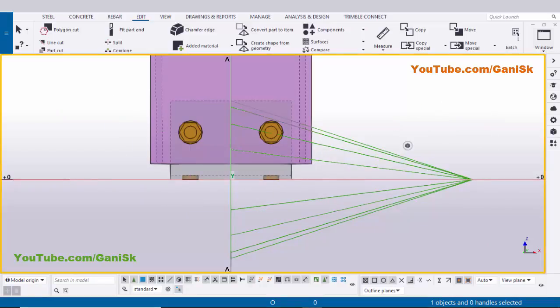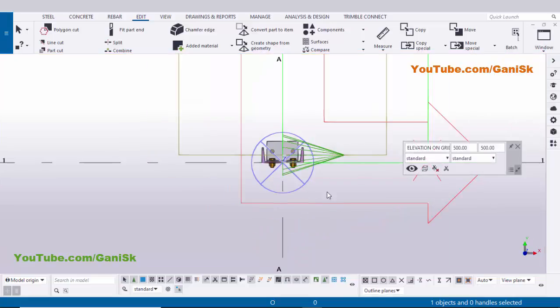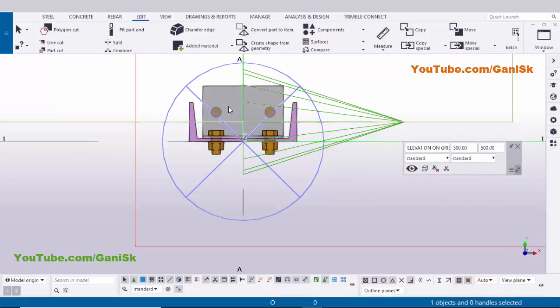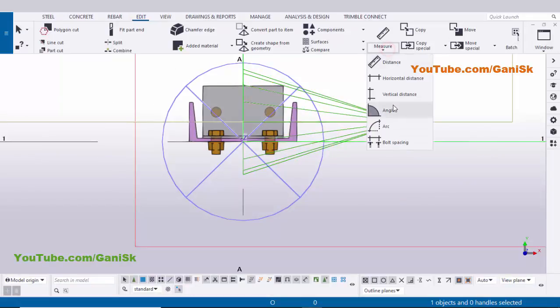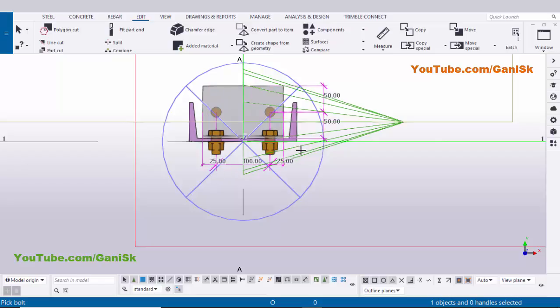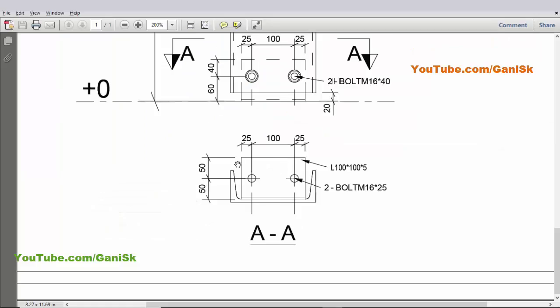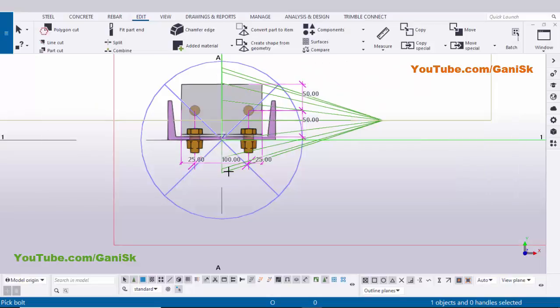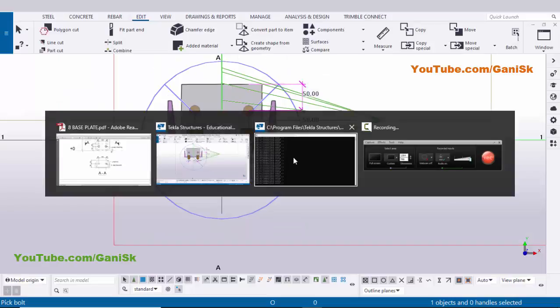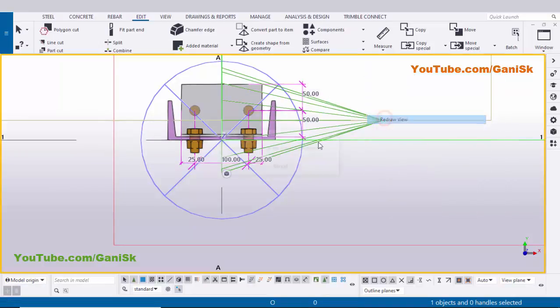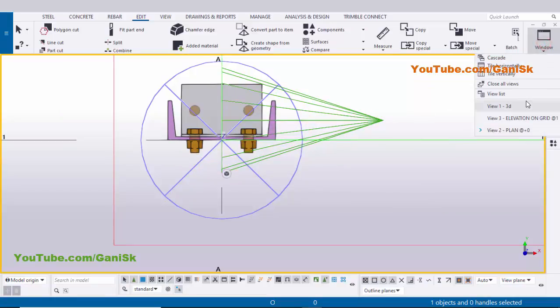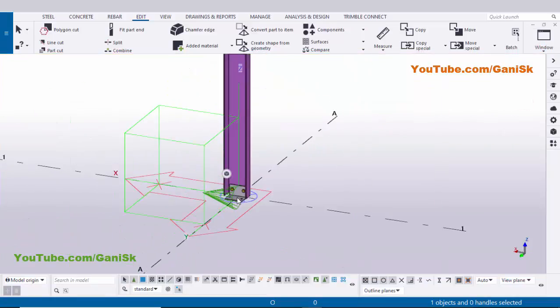Now go to top view, click on window and select this plan at 0. Now I'm going to measure this bolt spacing in this view. So in this view we have spacing here. So click on this measure and select this bolt spacing and select this bolt, and now pick the part as a clip angle. You can see now these dimensions are generated. You can see we have 25-150-25, 25-125. In this direction 50-50. Okay, that's it. Right click on mouse, interrupt, click on space, right click on mouse, redraw view to erase all these dimensions. Now click on window and select this 3D view. Okay, you will get like this.